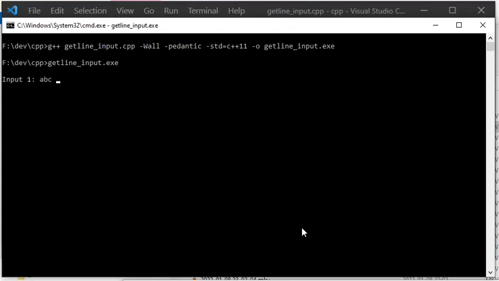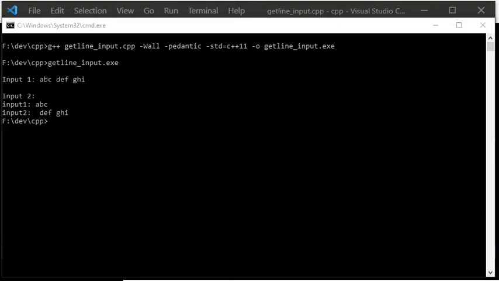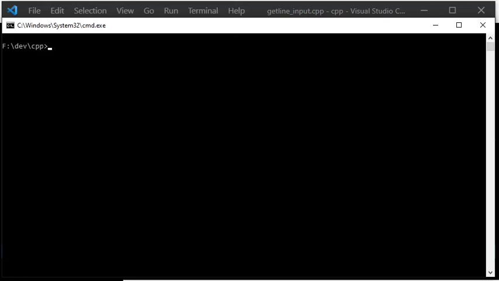I am writing a string which includes 2 spaces, and the first part before the first space will then end up in the variable input1. When you read with cin in that way, with the extraction operator, only the first part will be used, the first part before the first space or whitespace character, while the rest will be buffered and then will be used the next time you read with cin. Therefore, the rest will end up in the input2 variable at the reading with getline, without showing any new input prompt. This can be fixed by using getline also at the reading of the first variable input1, which I now will change the source code to do.